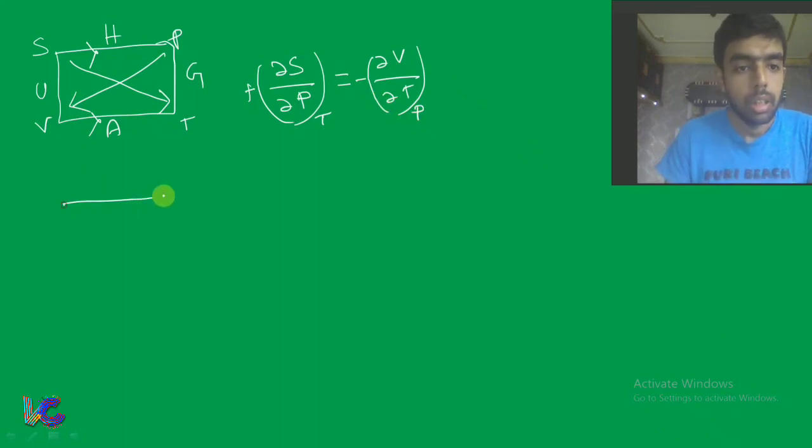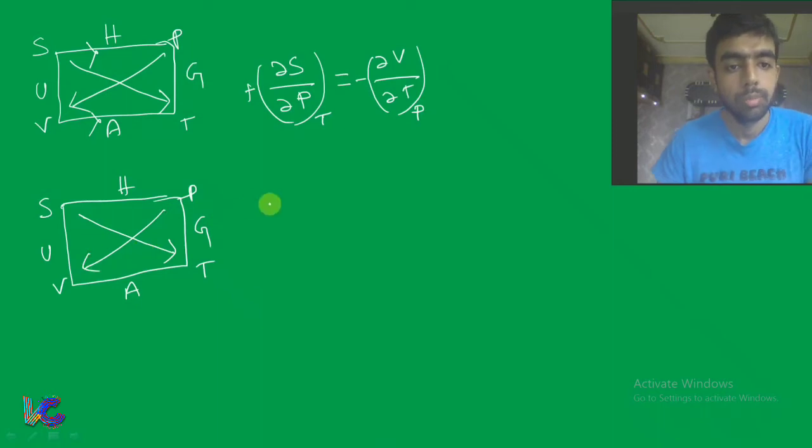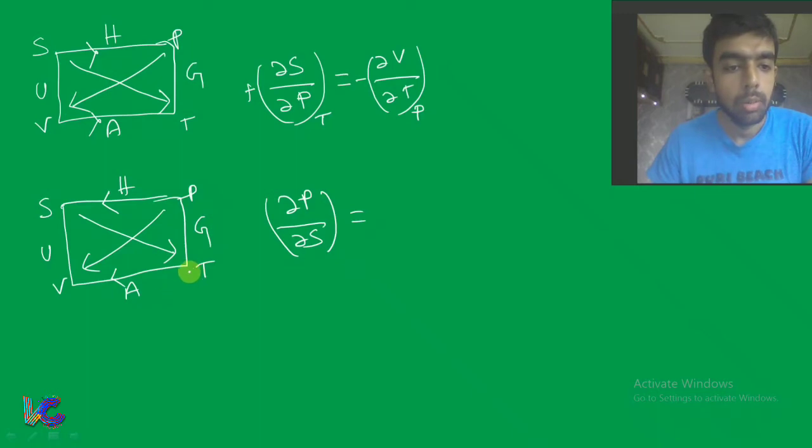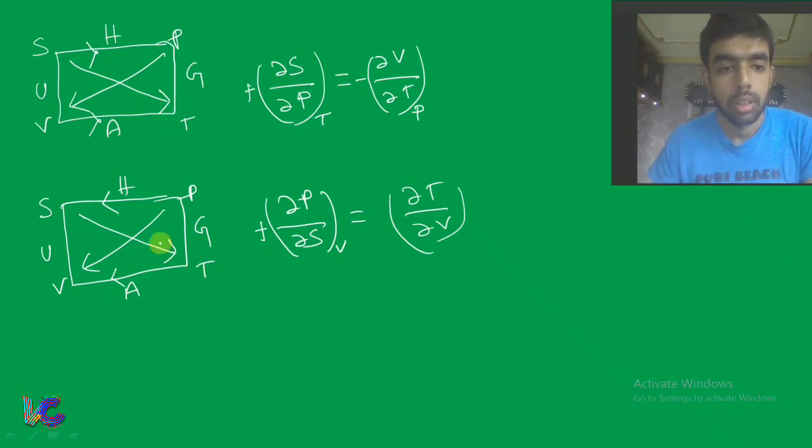And the last relation in the second application: again the thermodynamic square, S to T and P to V. Now the arrow is from P to S and T to V. So P to S, that means del P by del S, is equal to the arrow from T to V, so del T by del V. With respect to P, the arrow is going away from P, that means positive, and the arrow is going to V. For T, the arrow is coming closer to T, so it is minus, and the arrow is coming from S, that means it is S. So these are the four relations.